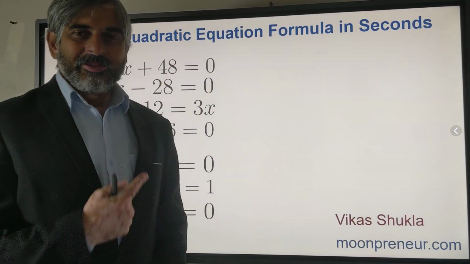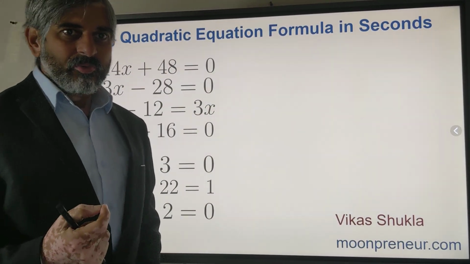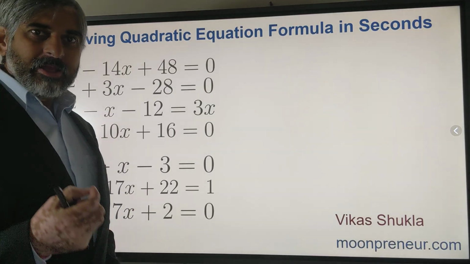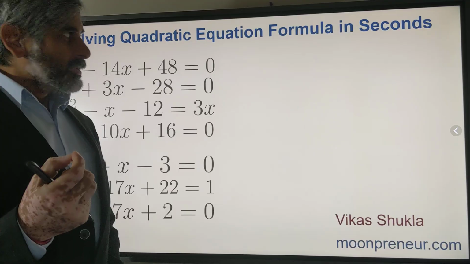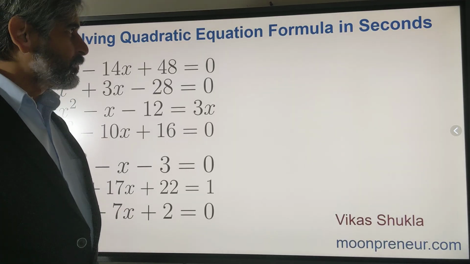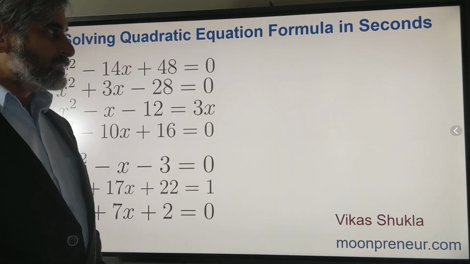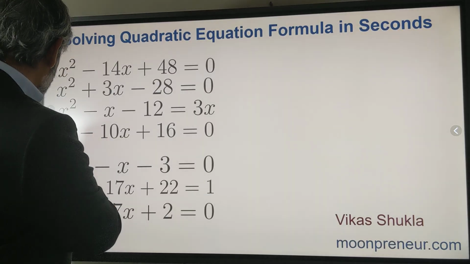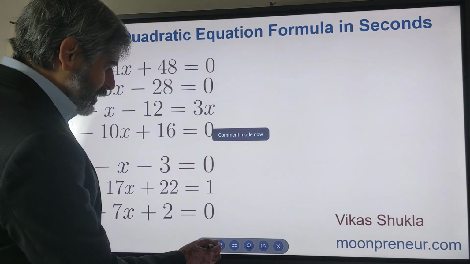Hello everyone. In this video, I'm going to show you how you can solve quadratic equations like these in a matter of seconds, like 2-3 seconds, or maybe at the most 4-5 seconds, almost instantly in most cases. So let's get started and see how we typically solve the equations currently